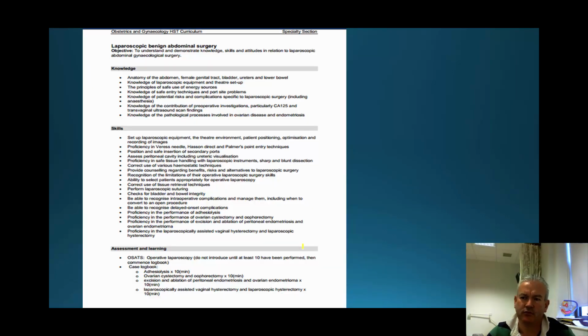Looking within the curriculum for HST trainees in obstetrics and gynecology, the section that relates to laparoscopic benign abdominal surgery does highlight some of the non-technical and technical skills that are required. And you can see here on this slide that of course we need them to know their anatomy. We do and should need them to understand equipment and theatre setup, energy sources that they use, and other aspects of